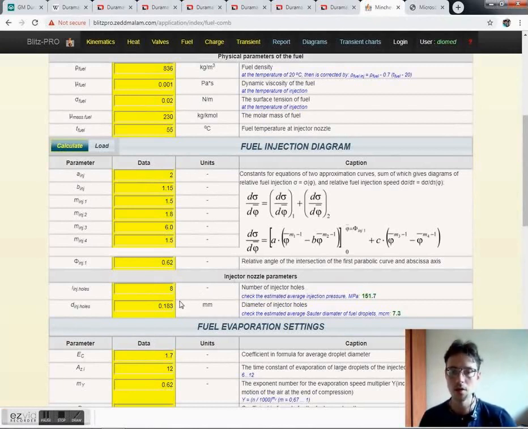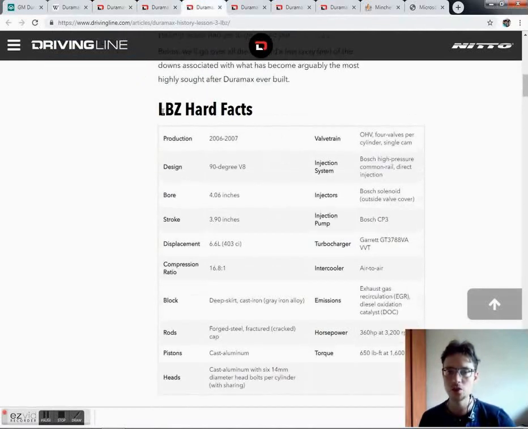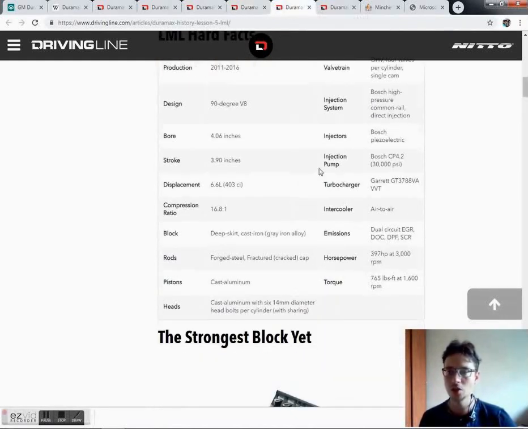For example, for this particular engine, they started at the LB7 engine with a 6-hole injector and the Bosch CP3 fuel injection system, which had a maximum pressure of about 1,200 bars, and then they switched at the LBZ modification to a 7-hole fuel injector with higher pressure up to 1,800 bars, and then they switched to an 8-hole injector at the LML modification